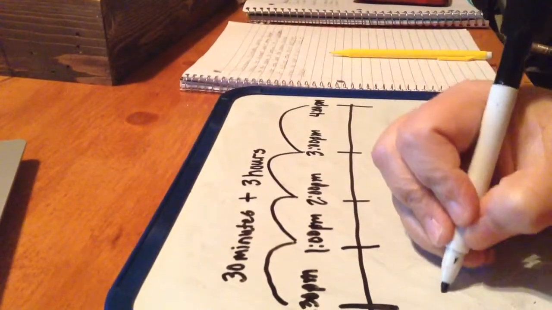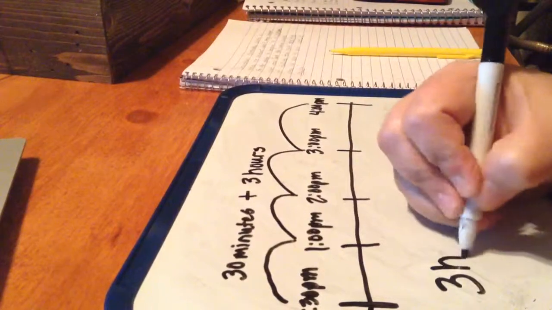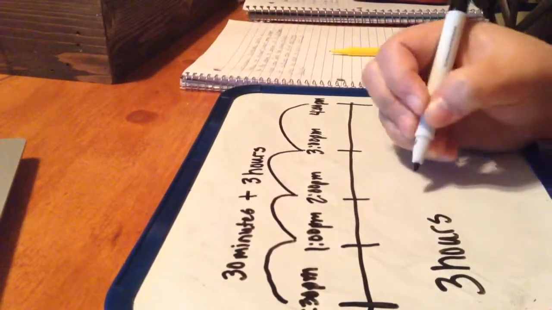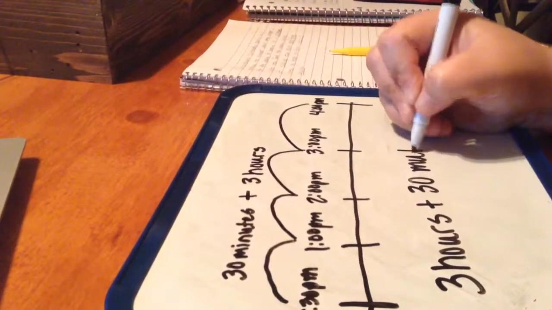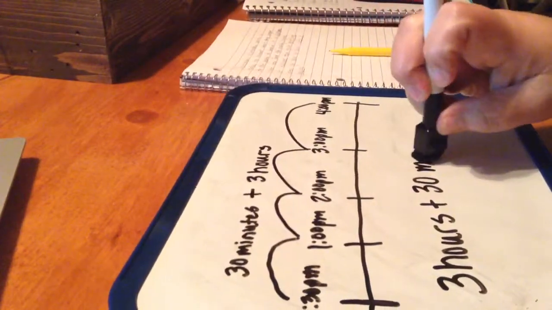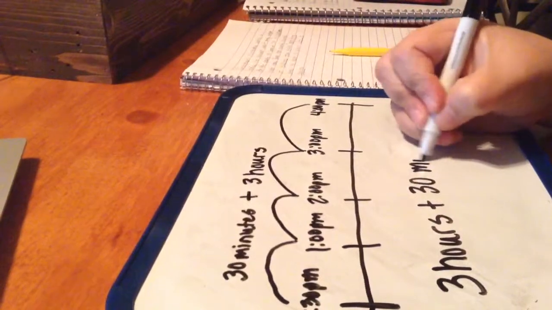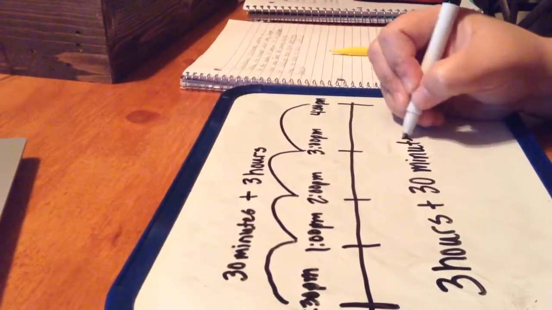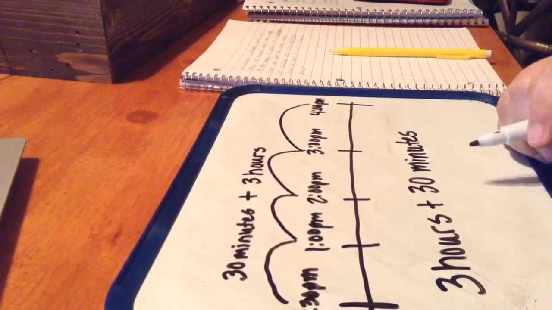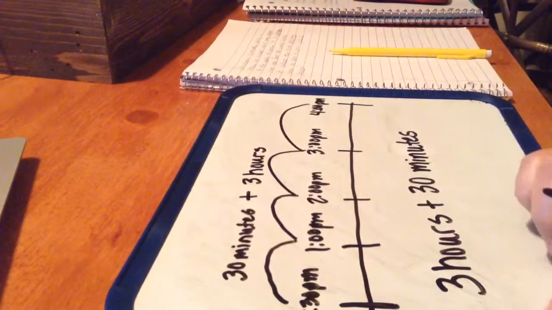Scratch that. It's 3 hours plus 30 minutes. Got you with my spelling today and my N. So how many hours, or what is the time that he has to wait until